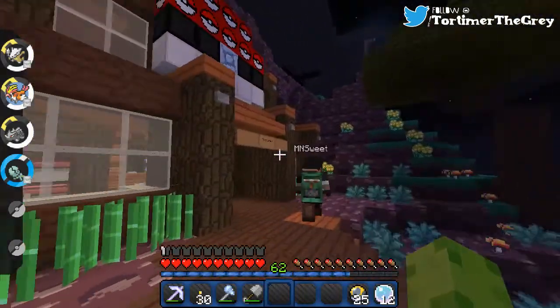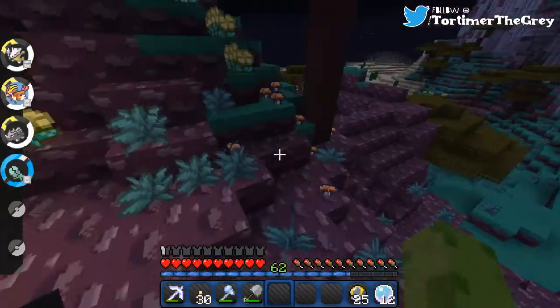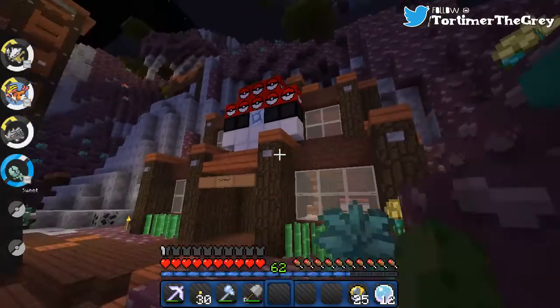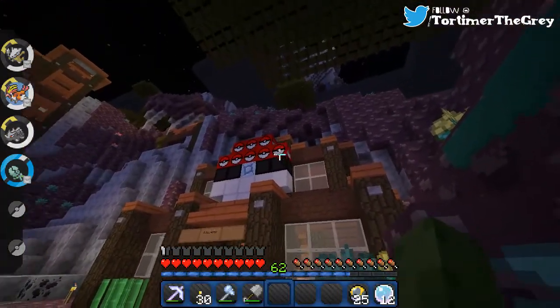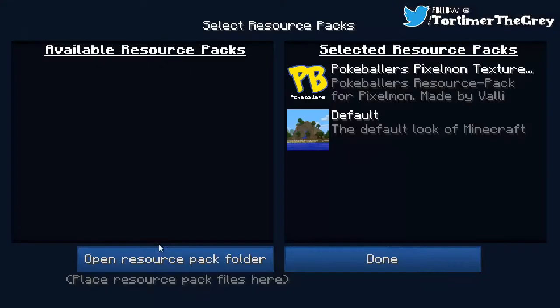Very cool, this is my favorite build so far. Yeah, I don't think my texture pack really does it justice. What do you use? I'm just using the Pokeballers one, but it looks cool. Like the redstone blocks you've got up here are each a Pokeball and stuff. Let me switch over to default real quick, and I'm sure it'll...